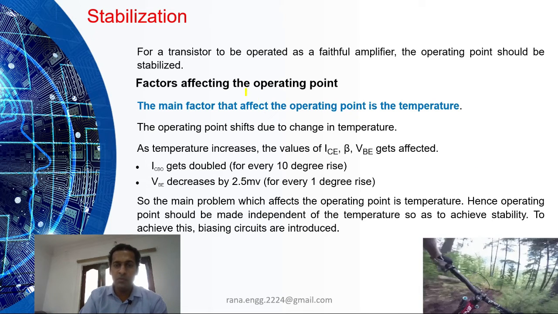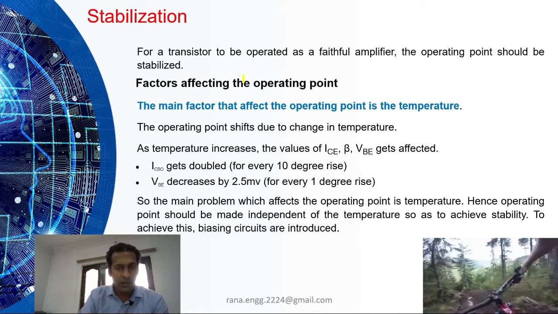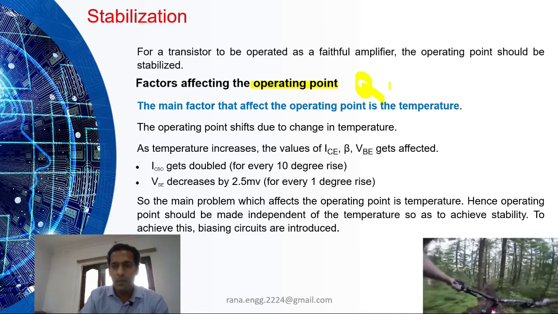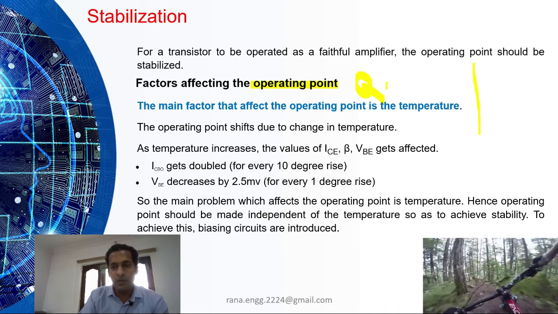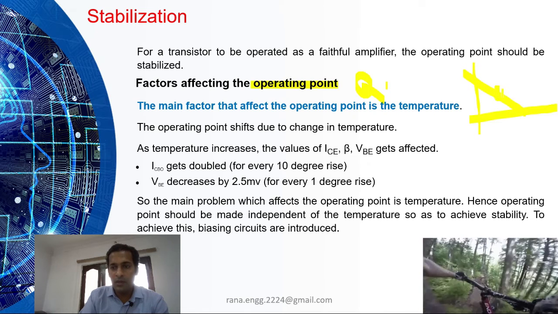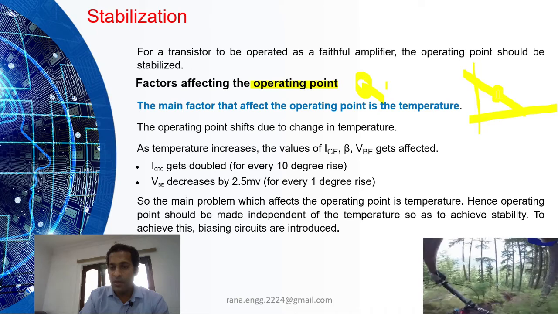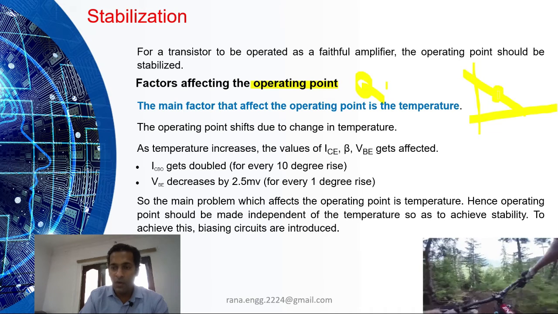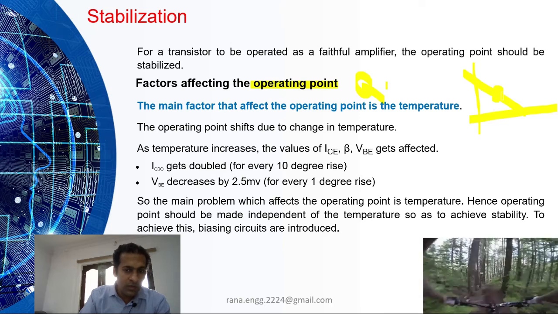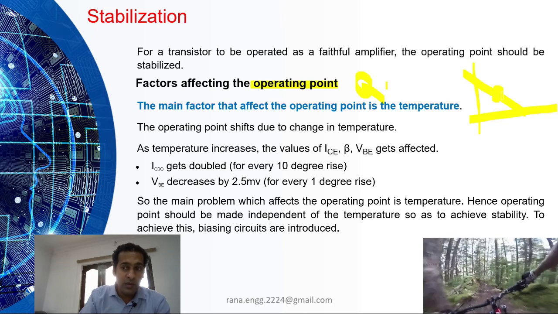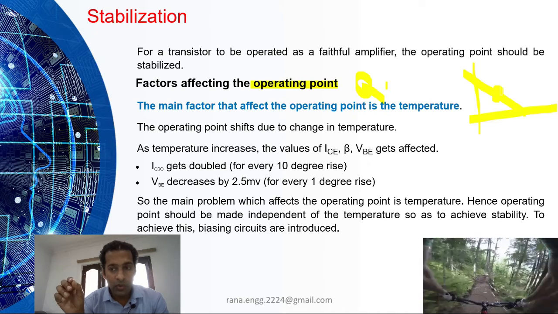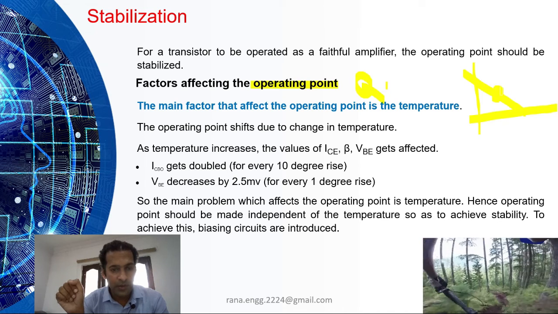In stabilization, various factors affect the operating point. It is also called the Q point, which is available on the load line. Say my point is somewhere here, the Q point is here. If I keep the point here, then only it will work as an amplifier. It depends on the current values, and leakage current will play some role here to disturb this particular point.